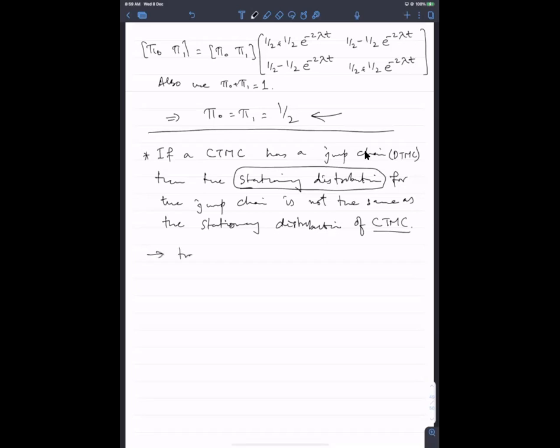So see, transitions are happening not nicely at discrete times, but at random times. So in some state the transition will happen quickly, in some state the transition will happen late. See, for the state whose exponential hold time is small, the likelihood that you will find the Markov chain in that state